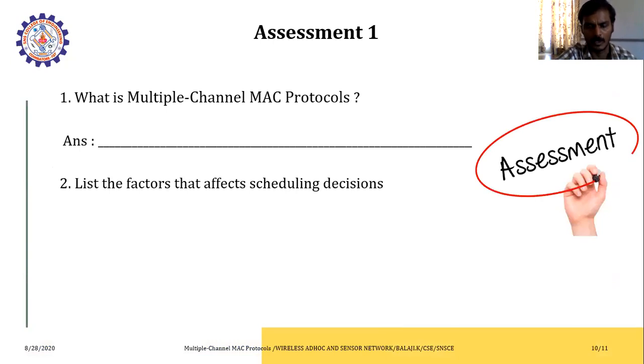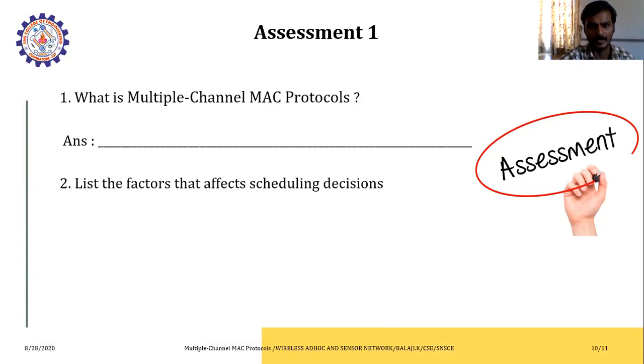With this, I just want to make an assessment of today's class. What is a multi-channel MAC protocol? You will have a number of channels, and based on that, you can prefer the channel according to the allocation. It may be based on dynamic allocation or on reservation. If it is dynamic, it happens only at runtime, on an on-demand basis. With reservation, the channel is freely allocated from source to destination on the multi-channel.